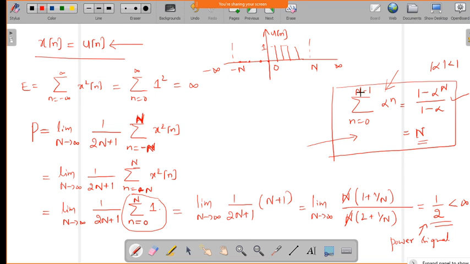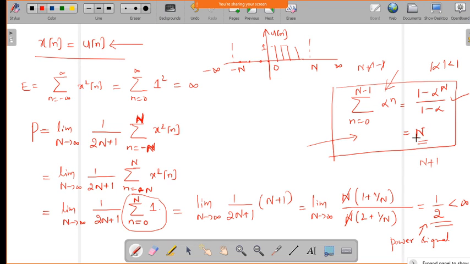Now here the summation is 0 to n minus 1, but in our case it is 0 to n. So in order to get this summation, wherever n is there in this summation, I am replacing n by n plus 1. So if I replace n by n plus 1 in this expression, n plus 1 minus 1 will become n, and wherever n is there I will retain n plus 1. For this particular problem, this will cancel each other, and the summation becomes 0 to n, with alpha value 1.